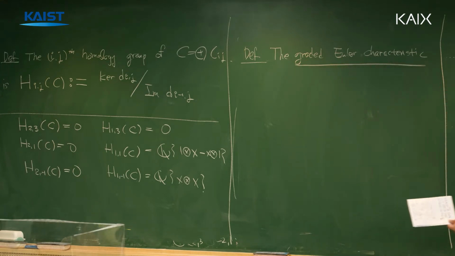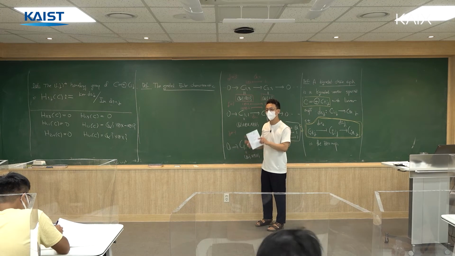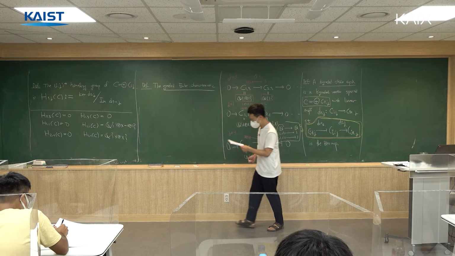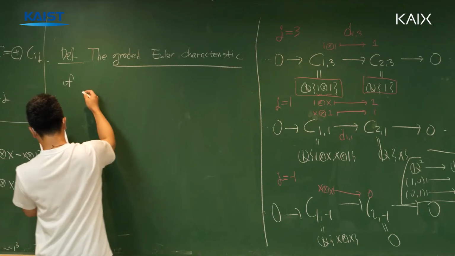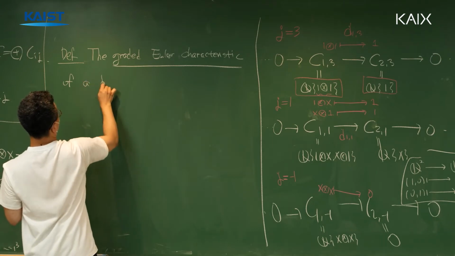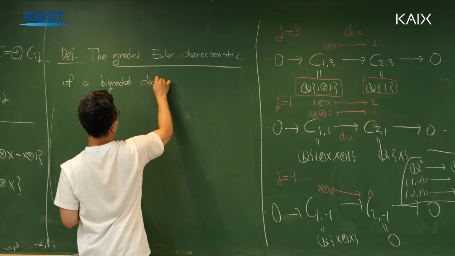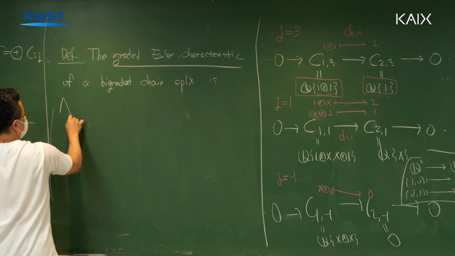So I know we have been doing a lot of algebra. This is the last thing that I'll be defining. So after this, we are going to be good. We'll just be doing some examples. So this is the last thing that we have to learn. So graded Euler characteristic of a bi-graded chain complex. We define it as